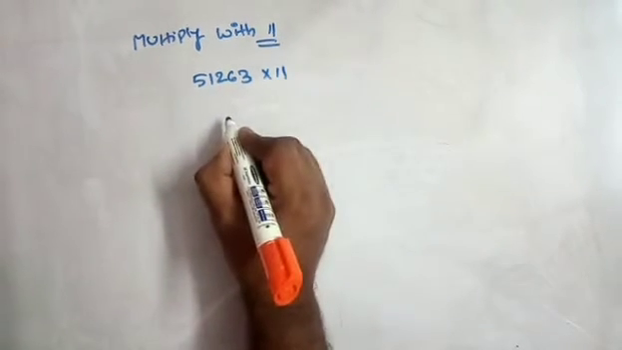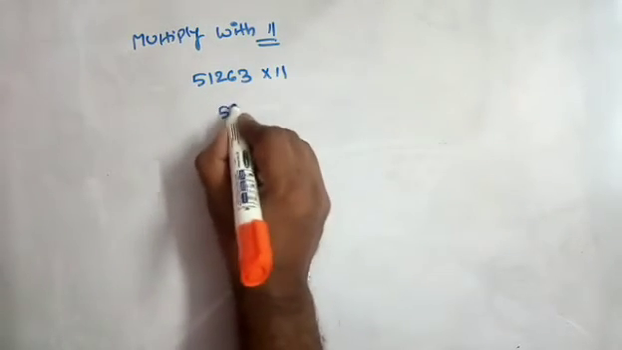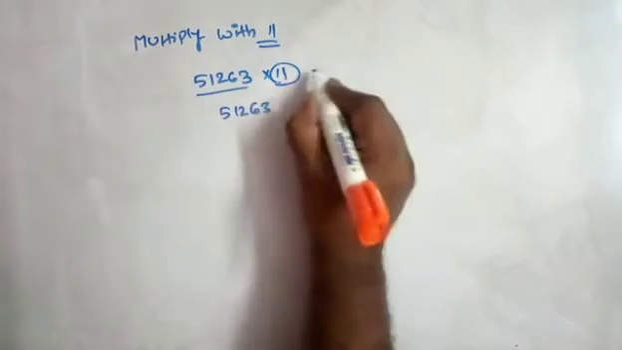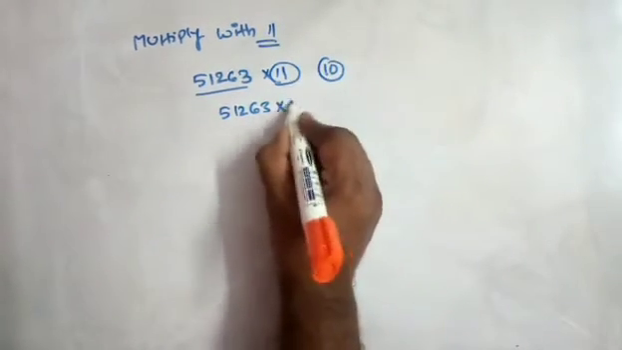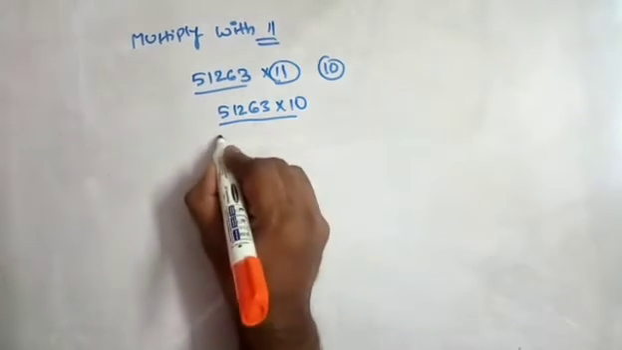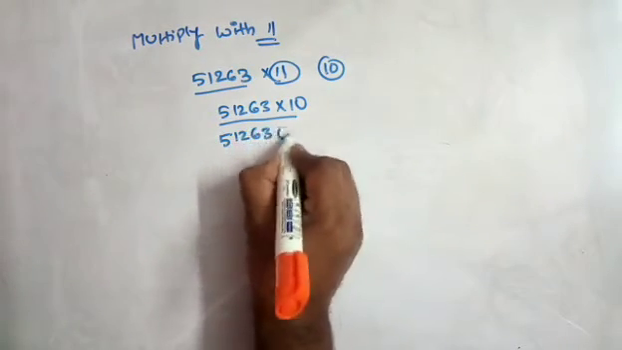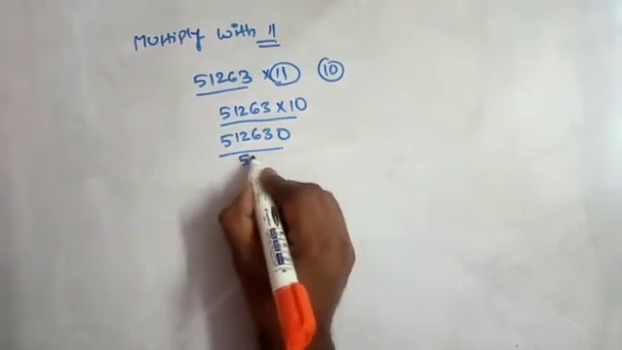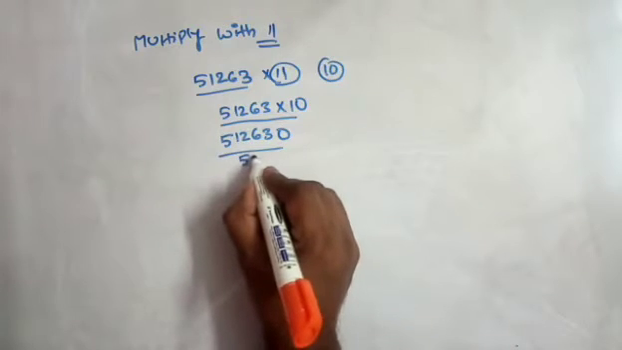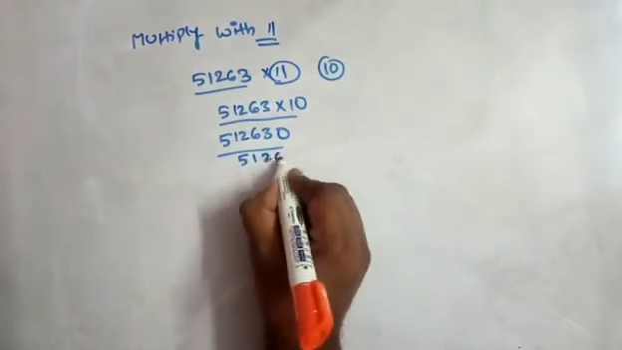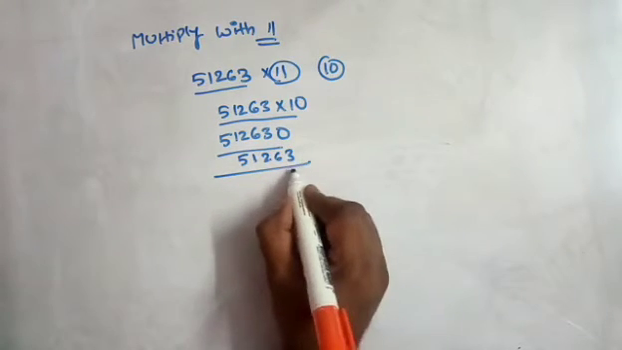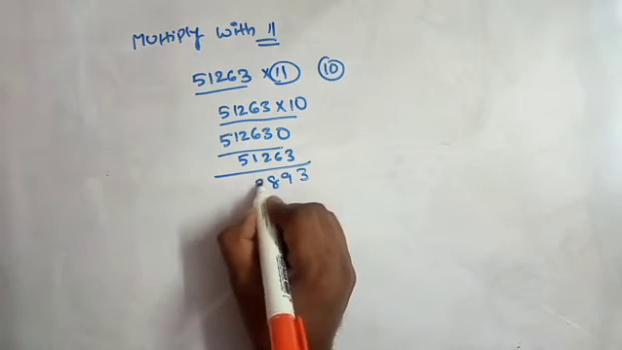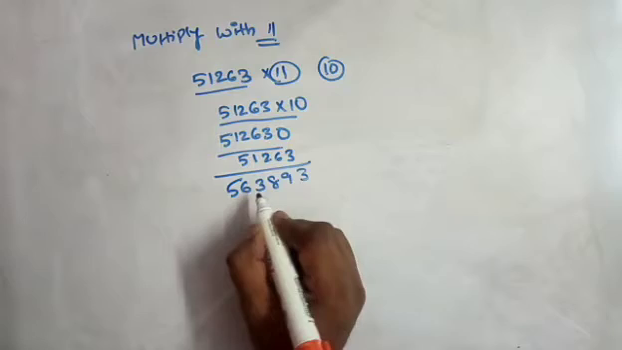Now what I'm going to do is, for example, see 51263. First I'll multiply this with 10. So for 10, I simply add 0, right? 512630. The remaining will be one more 51263, so I will add it to this number. When I add this, 3, 9, 8, 3, 6, 5. So the answer is